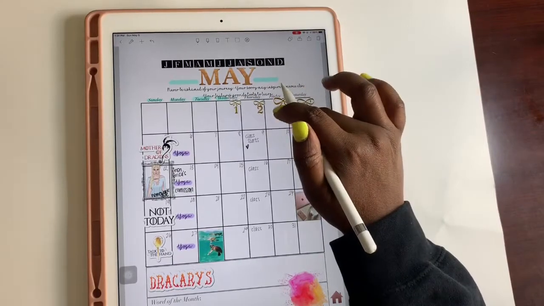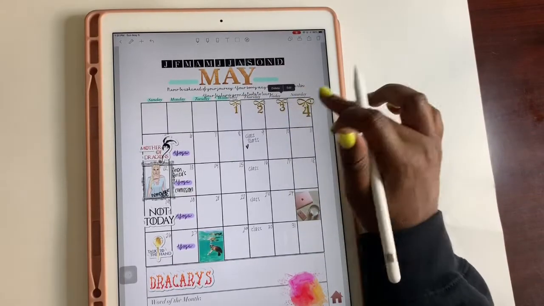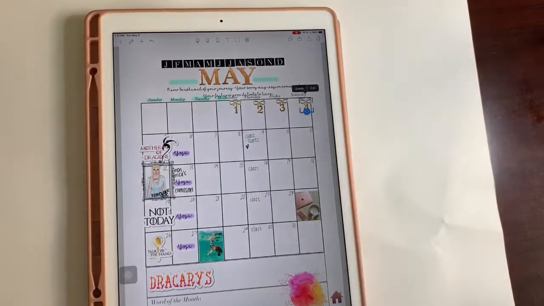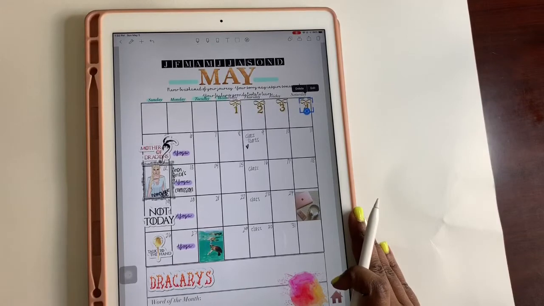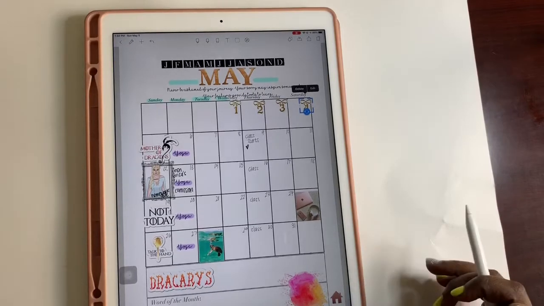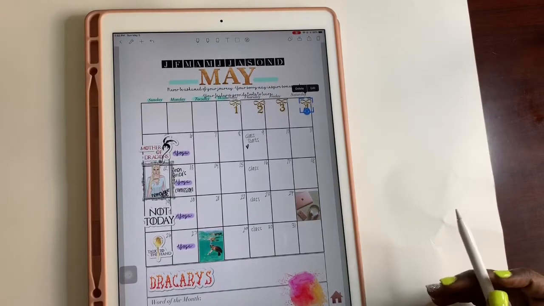But yeah, I just want to show what is digital planning. What do you have the potential to do? Again, some of the highlights that I would say, for sure, try to save your coins, sis. Use a tablet that you already have. Go on Facebook and find free planners. And you can Google, Pinterest, and find clip art all over the internet before you actually decide to purchase some. So that's what I would try to do, especially if you're learning. Don't spend money. In my opinion, learn first, see if you want to participate in planning, and then you can